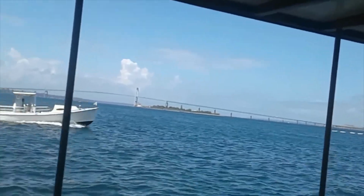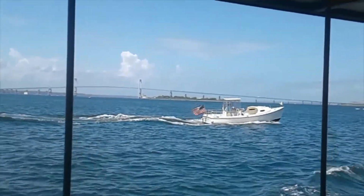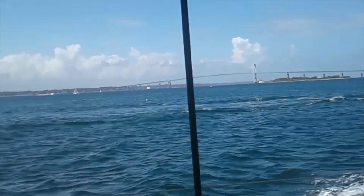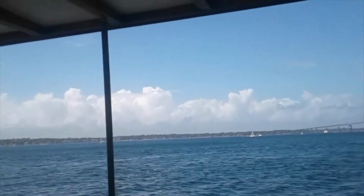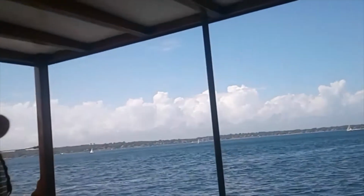Now I must give you a friendly reminder that we are on an open boat, convertible if you will. So that sea breeze may pick up a little bit. You might encounter some boat wake or chop, so we might get a little sea spray on board. It won't be bad on a day like today, probably dry by the time we get back. But if you guys are concerned about the sea spray, keep an eye on me. When I touch down, that's when you're